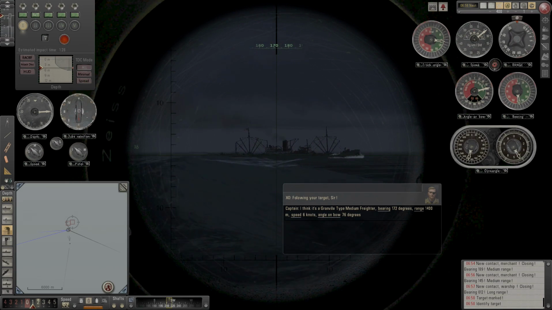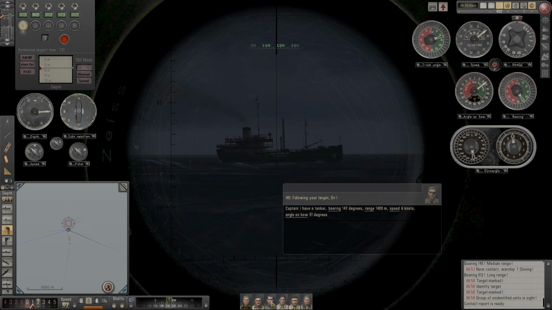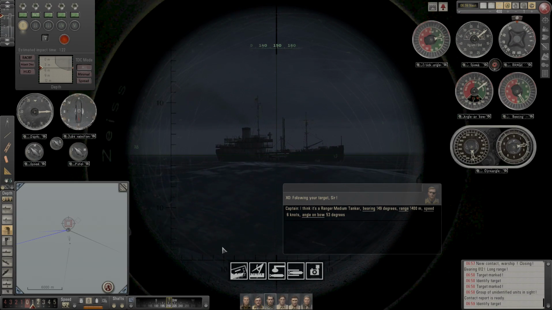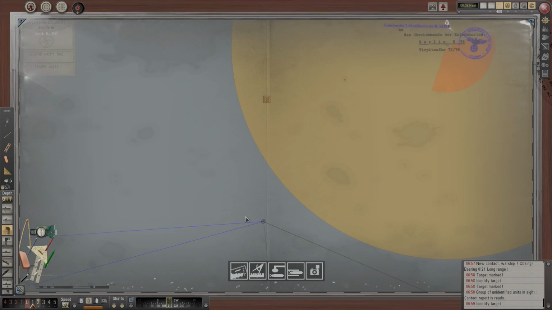Let's have a look. Where's this one? This one's closer. Oh yeah, look at that. What's that? It's a tanker. Ooh, we're after tankers. It's a Radium Media tanker. I think we're going to have a shot at this one. That's what we're going to do. Nice. Right, we can probably even work out...